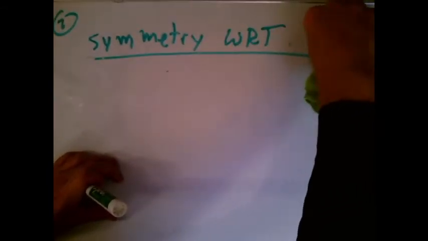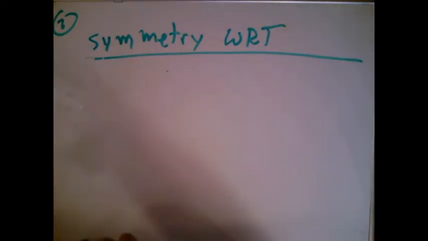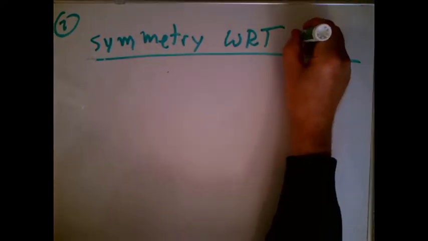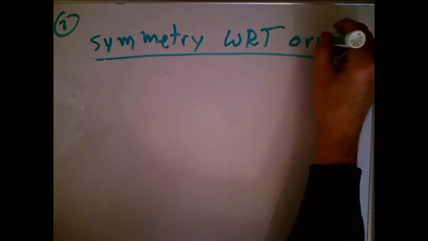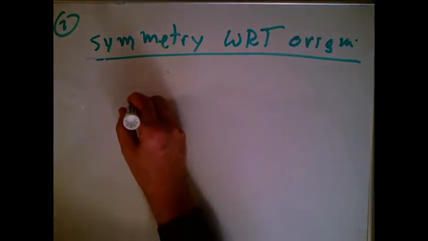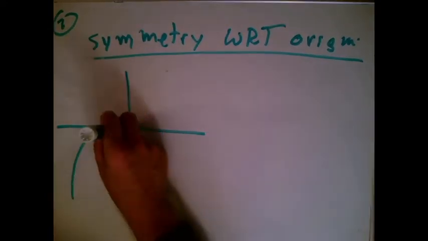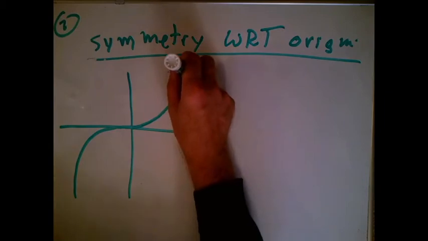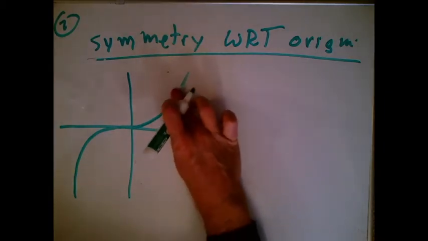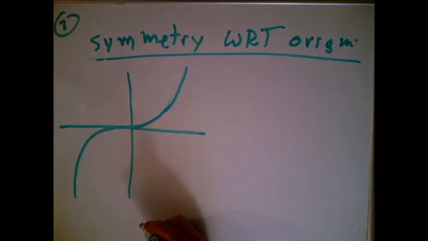Now, finally, another one that's going to be very important is not symmetry with respect to the x-axis. It's going to be called symmetry with respect to the origin. Now what I'm going to do is draw a graph that is symmetric with respect to the origin. It's our S-curve. We'll try to describe what's going on there. I think I actually have to have it go up steeper like this. Now to be symmetric with respect to the origin,